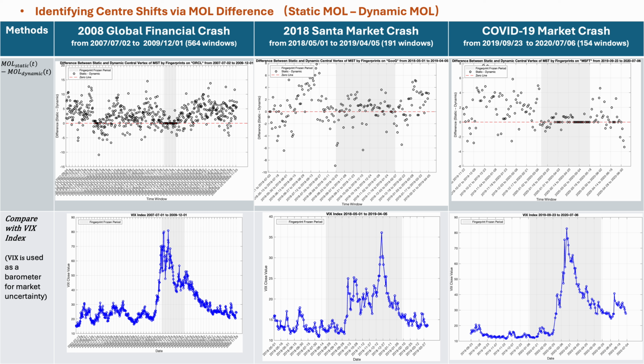To give a clearer view of what we observed in the previous slide's row 3 plot, I use the mean occupation layer in static center minus the mean occupation layer in dynamic center, and represent the result in points. Again, we can clearly observe the convergence of market network structure in dynamic center and static center. I tagged the convergent period with a green box, then checked this range of periods in the VIX index, which provides a reference of market uncertainty. It is surprising to see the green range periods covering the market's most turbulent times.